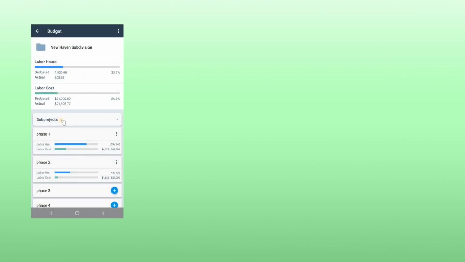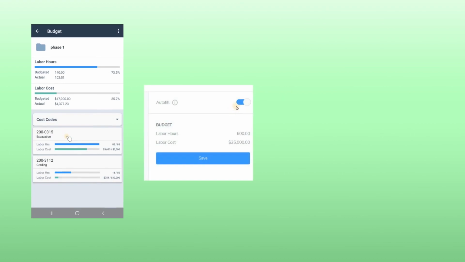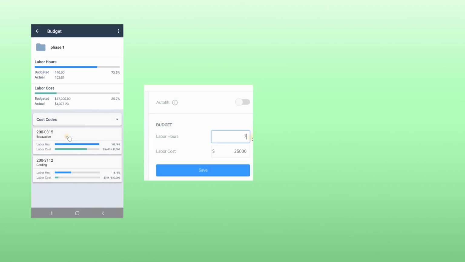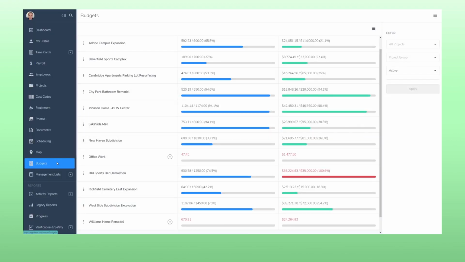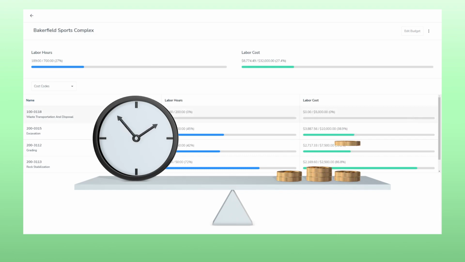and mobile. BusyBusy also supports adding cost codes to sub-project budgets, as well as the ability to manually adjust your budget if you want, instead of using autofill. And if you have cost codes scoped to a project, it's even faster to add cost codes to a budget by choosing the Project Cost Code button. Take a minute to explore BusyBusy's budget feature with cost codes to understand and manage your project budgets better than